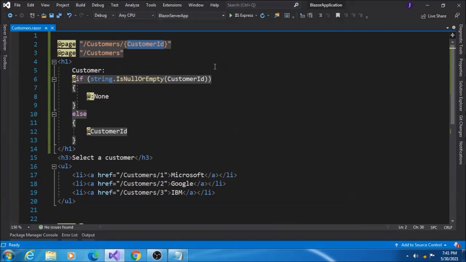Okay. Optional parameters are also supported. Here I have added one more page directive with slash customers. So here I have made this customer ID value optional now, and I have added a simple logic in the h1 tag. If no customer ID is found, then it will display none, else it will display the customer ID value.